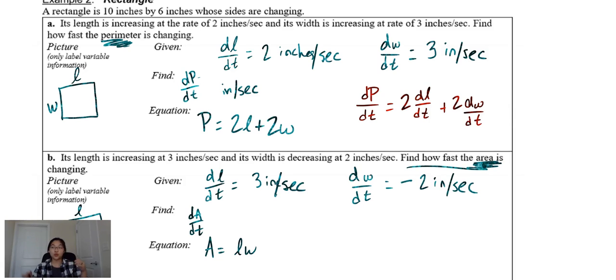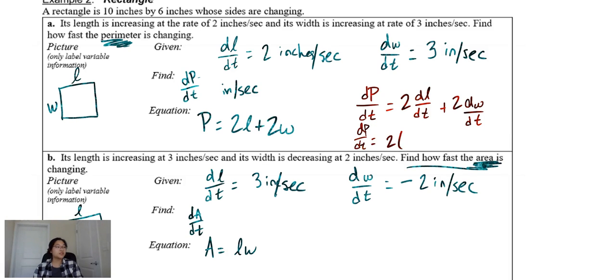And that makes sense. If the width is changing, and it is increasing at a rate of 3 inches per second, then if this width is changing, this width is also changing, so it's doubling. And same goes for the length. If the length is increasing on this side, that means that the length is increasing on this side of the rectangle, so it's doubled. So then we have dP/dt